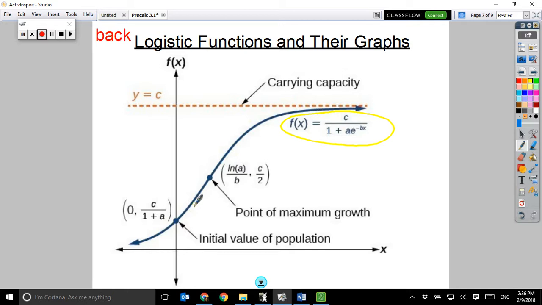It has two horizontal asymptotes. So it has this horizontal asymptote up top, y equals c, and then it has another horizontal asymptote down here, usually at 0, or the x-axis. Okay. Logistic functions are really helpful for modeling things like population growth, growth of, say, a virus, or even growth